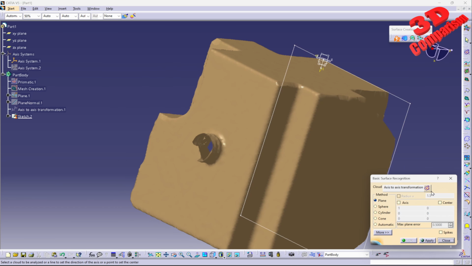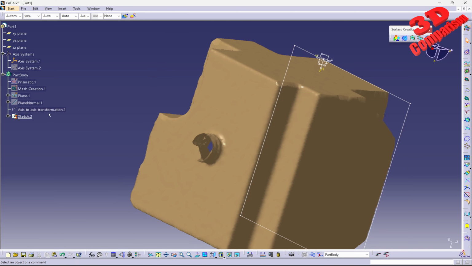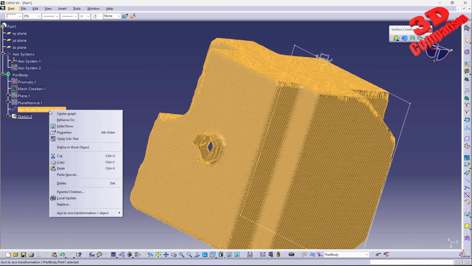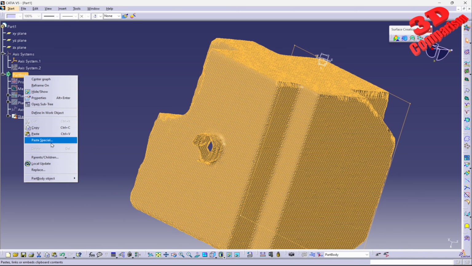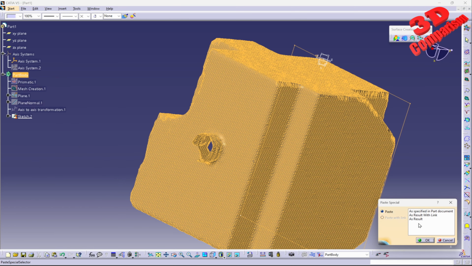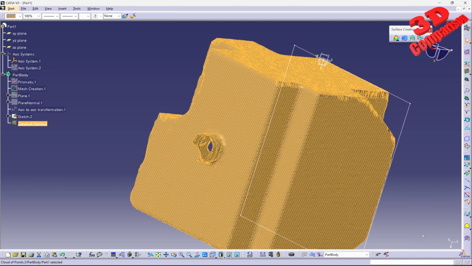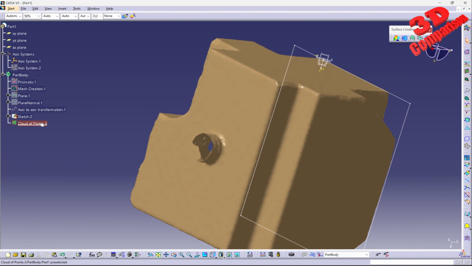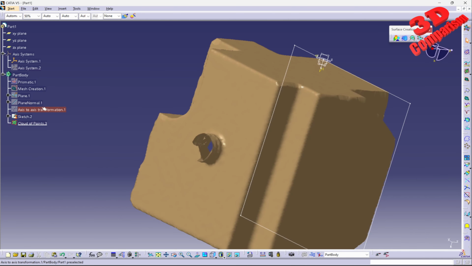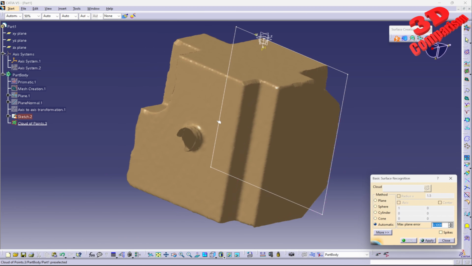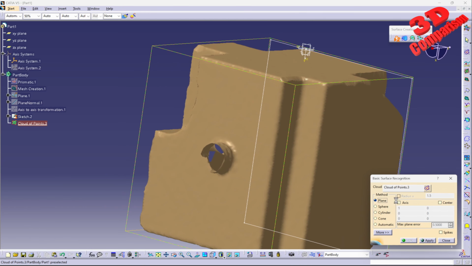Okay, so in order to fix that, I can go over here on the axis to axis transformation, right click, copy, and I will come within the part body and I will paste special, and I just want to copy the result, and the result will be point cloud number 3 over here. Now I can just hide that axis to axis transformation. I still have the point cloud aligned like I did previously, and if I try to do the surface reconstruction over here with the planar,